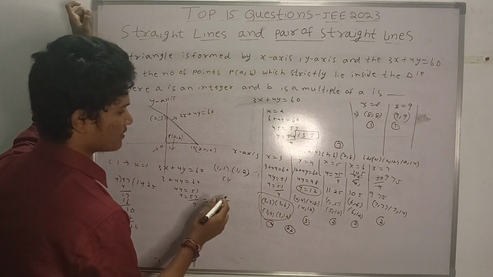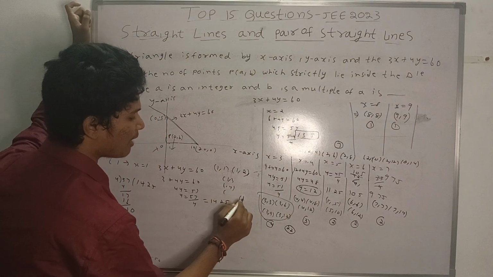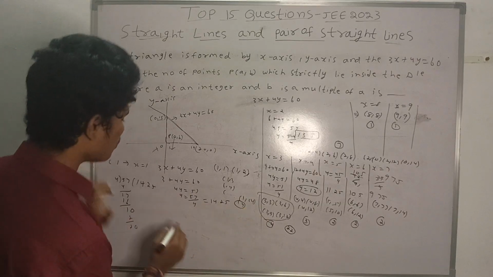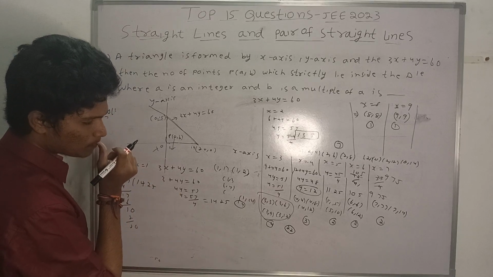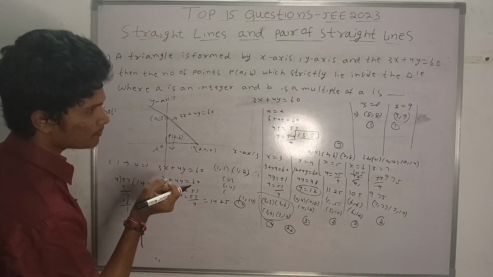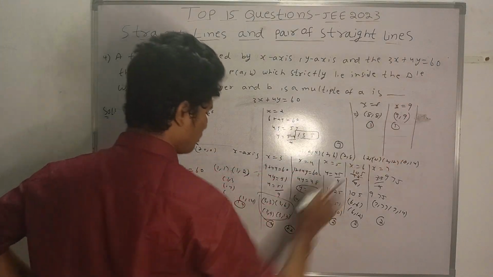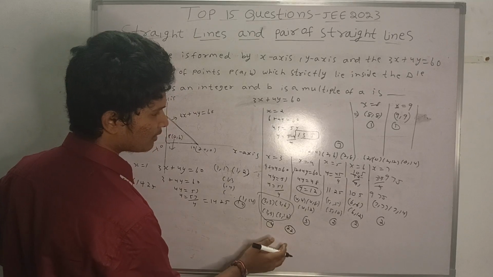Now let's check these points. That is here 1 comma 3, 1 comma 4, there is a possibility, up to 1 comma 14 there is a possibility. So how many points here? Here there are 14 points. So now 14 points. When x equals 9, y should be a multiple, that is 1. So basically, is this correct?